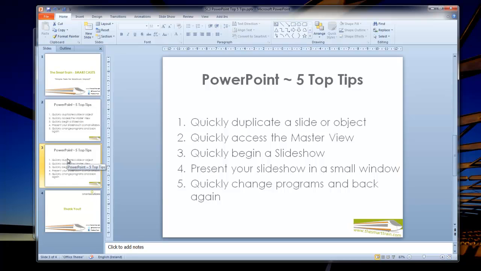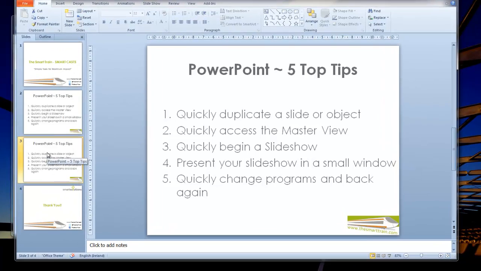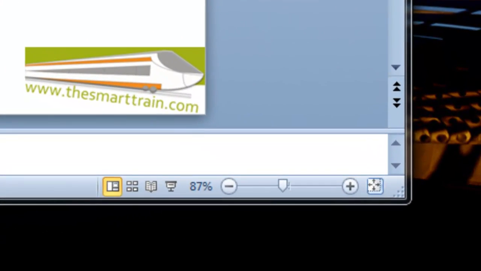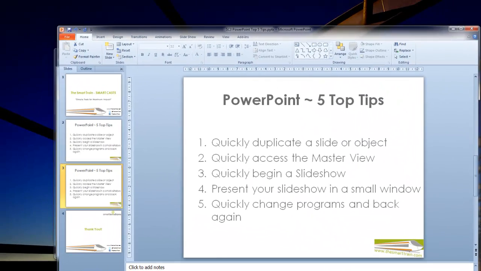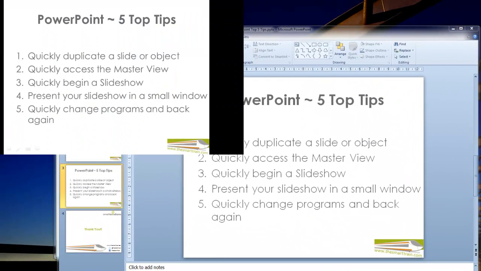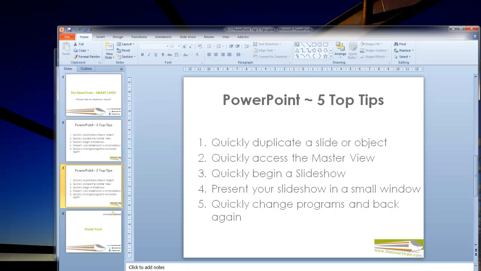Present your slideshow in a small window. If you look down at the status bar again on the bottom right, we have an icon to show the slideshow in full screen. To view your slideshow in a smaller screen, we use the Control key on the keyboard. So holding down the Control key, we then click this icon and it will begin the slideshow in a smaller window. This means that we can still see the other programs behind it. We press Escape to come out of this, and back to our last tip of the day, tip number 5,